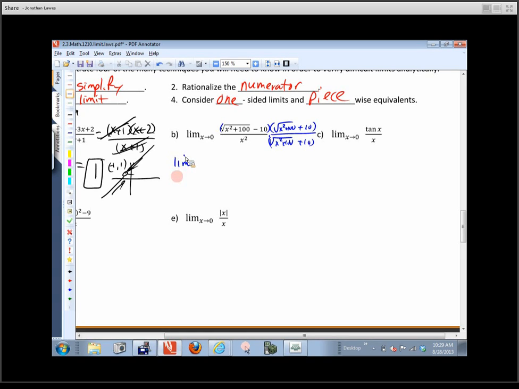And then here's what we end up with. Limit as x approaches 0. Okay, watch carefully, please. When you multiply these together, whenever you multiply conjugates together, it produces a difference of squares. So it's going to be a square of this first term. Well, what do you get when you square a square root? You get x squared plus 100. You get whatever's underneath there. You get the radicand. Okay? Minus